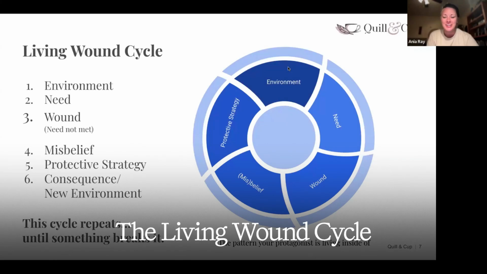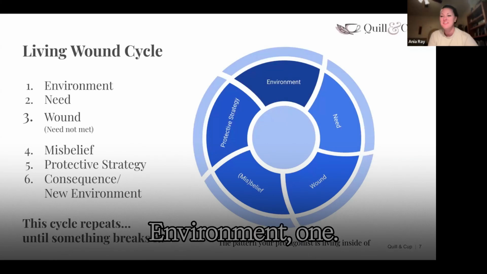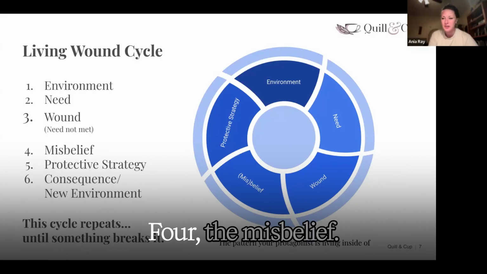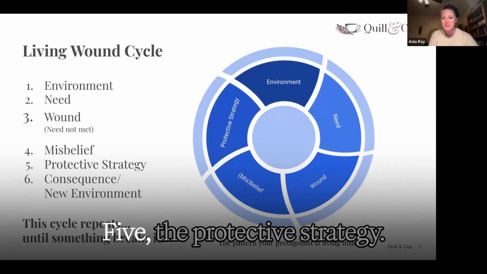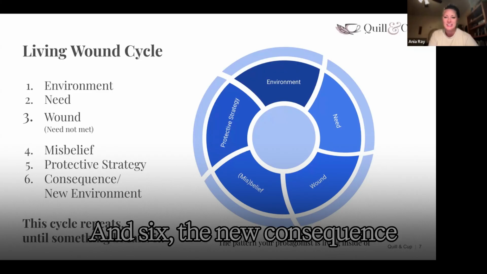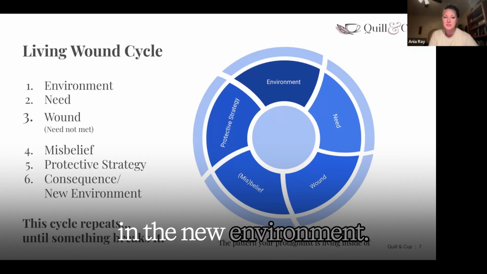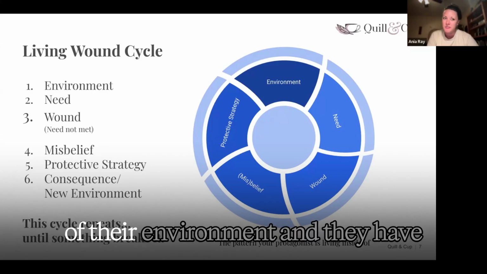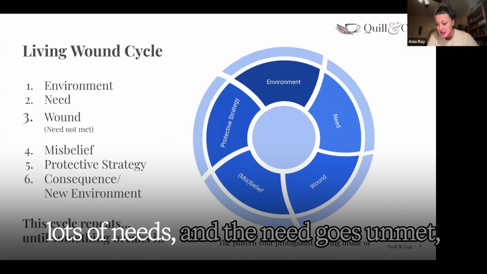The living wound cycle here, totally made up by me. All right: one, environment; two, need; three, wound; four, the misbelief; five, the protective strategy; and six, the new consequence and the new environment. Okay, so if your character is the product of their environment and they have lots of needs and the need